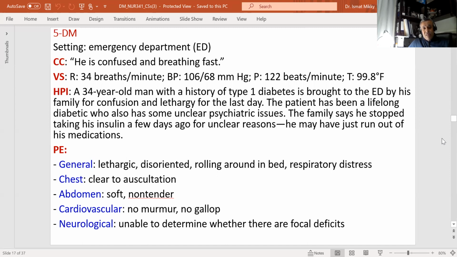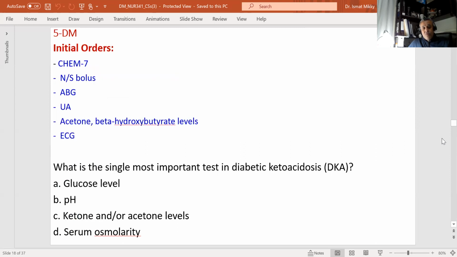Diabetic ketoacidosis. This is a case study on diabetic ketoacidosis, DKA. What is the single most important test in DKA? The answer is pH,